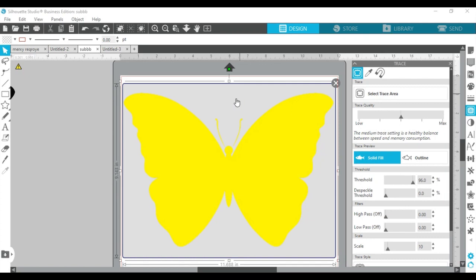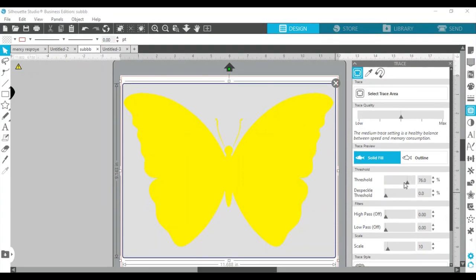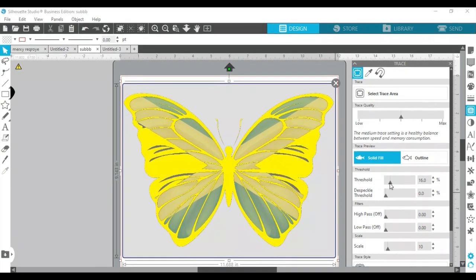But I do not want it to be just the edge around the butterfly. I want the lines to actually show up. I'm going to take my threshold down so that I could have cut lines in the middle. So the more I take it down, you see that the more lines it will pick up. I'll take mine down about 9% because I think that would be a good amount of rhinestones to make this look beautiful. So I'm gonna take mine down to about 9%,